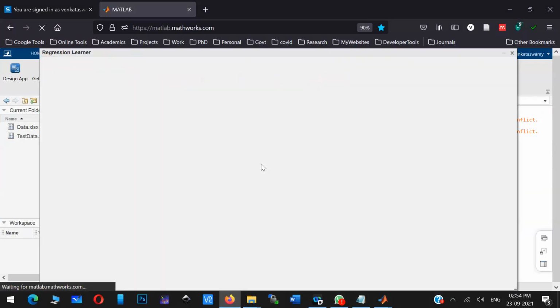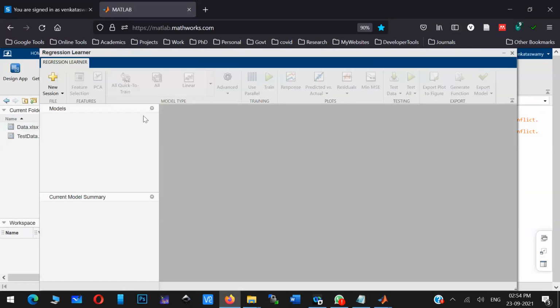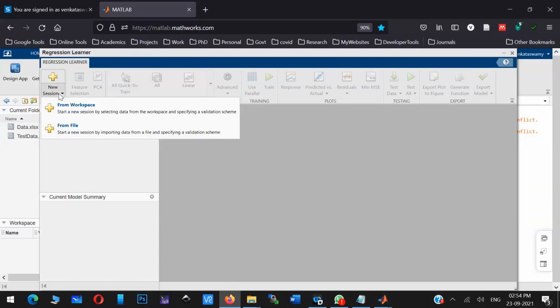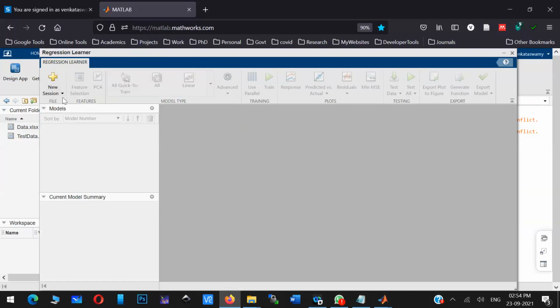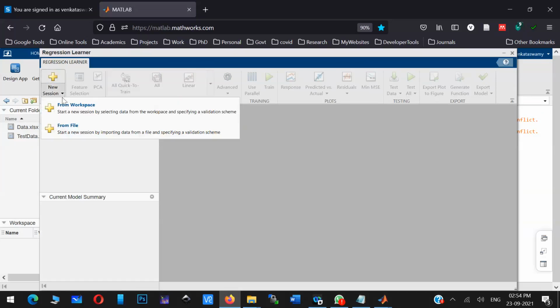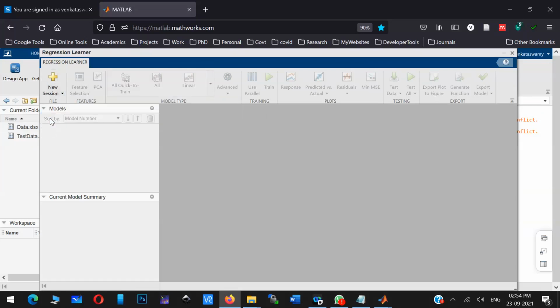So I just opened the application in online. It will open like this. Again, the same thing: from file, choose that data file.